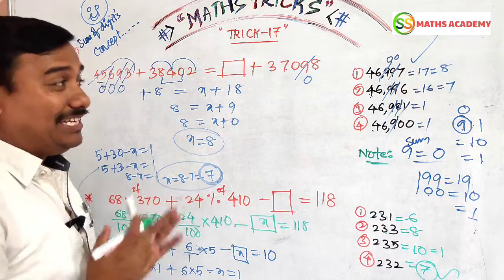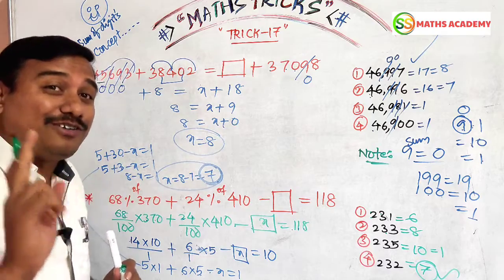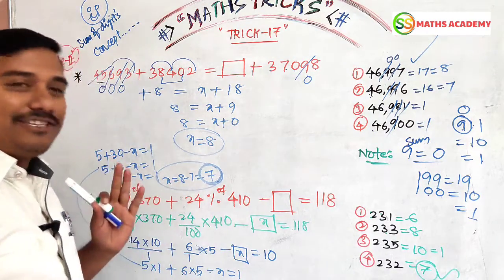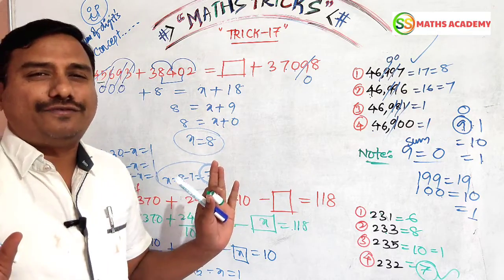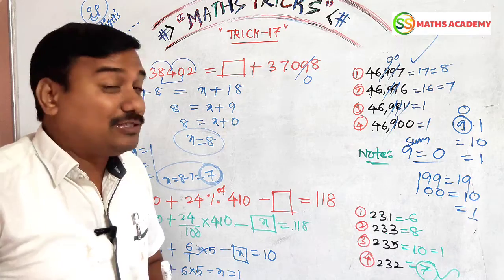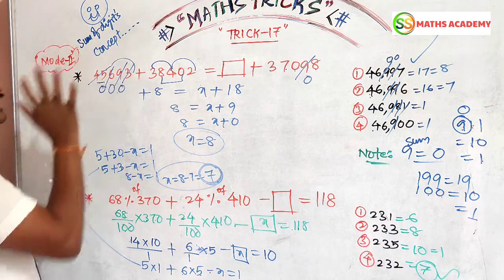Completed. You see, this question you have to solve in the general method. How much time have you taken? You have to take the watch, see the watch, and follow our technique. Then you should get the perfect answer to these questions, my dear friends. Once I recap these answers, you check it out. This model is the sum of the digits concept.